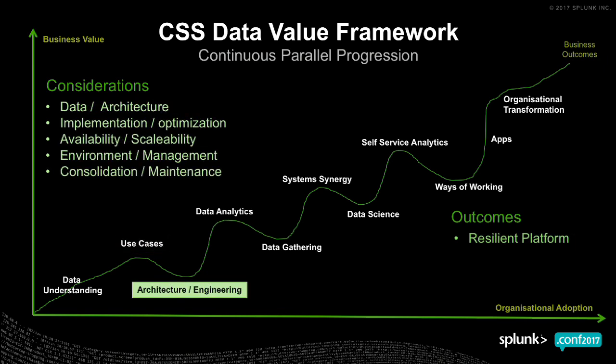So then you might want to consider architecture and engineering. Sometimes this gets all mixed up in one. But if you break it down into more than one item, let's have a look at the data, the architecture, the availability, scalability, maintenance. A lot of people put Splunk straight into a live situation, and all of a sudden, a few months later, oh my God, there's no governance, I don't know what to do, just put a pillow over my head. That can happen. But if we call them out at the beginning and say, look, we have these considerations, what can we do to address those considerations ahead of time? So therefore, we have time to mitigate the considerations if there is an action to be taken.